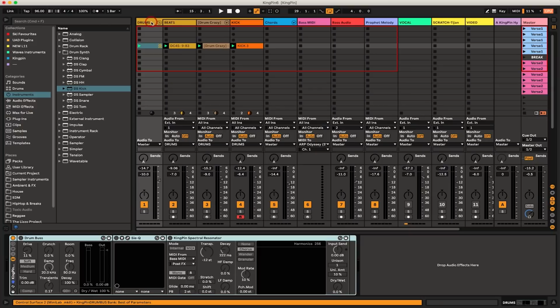Cool. I think the beat's sounding pretty good. You can see that I've actually already put this into a group, a drum group here, and I've got a rack that I've created, and I'm using several devices here. So the first one is the drum bus, the beloved drum bus. I absolutely love it. So if I add that,